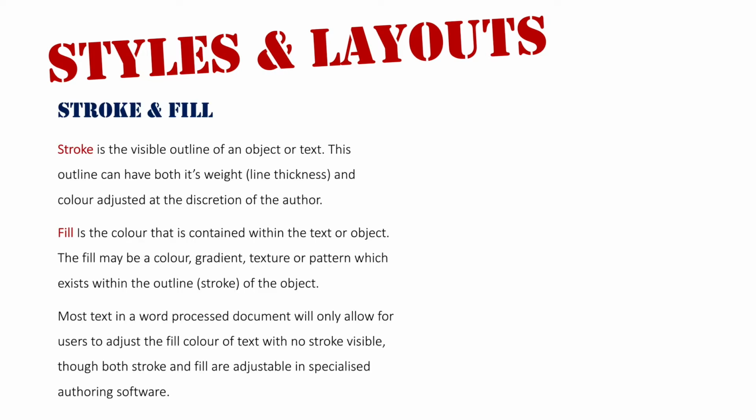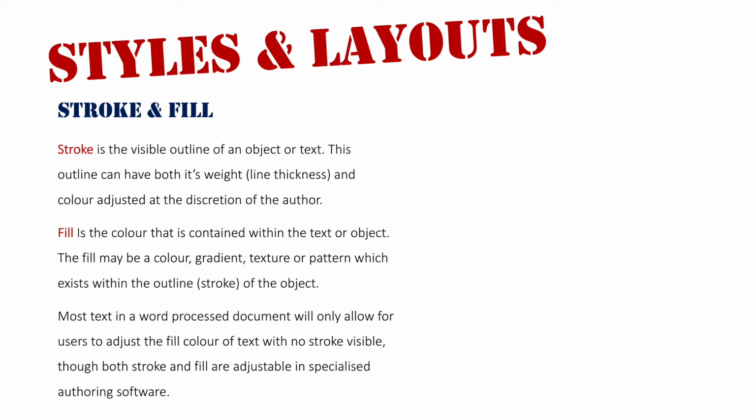So let's start off with stroke and fill. Stroke is the visible outline of an object or text. This outline can have both its weight, its line thickness, and its color adjusted at the discretion of the author. Fill is the color that is contained within the text or object. This fill color may be the actual color itself, like yellow or blue, a gradient where it fades from one color into another, a texture to emulate something like wood, or some sort of pattern, which exists within the outline